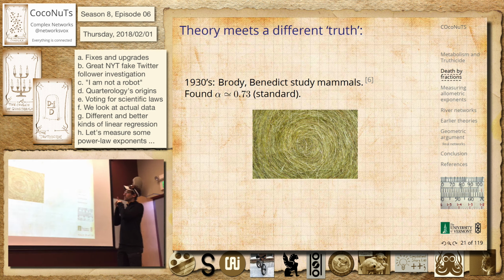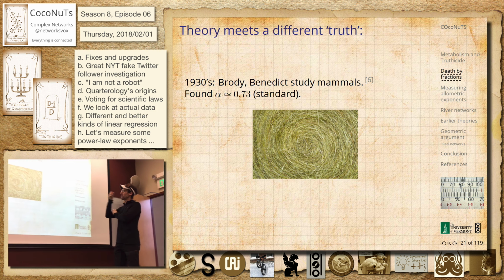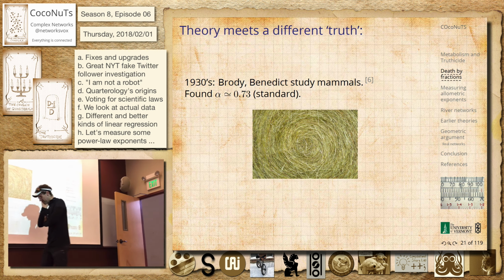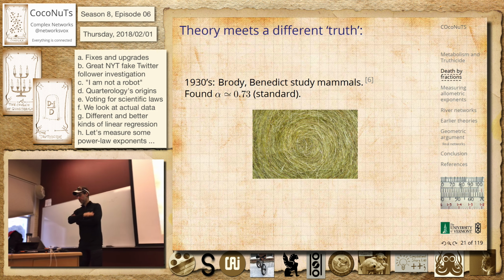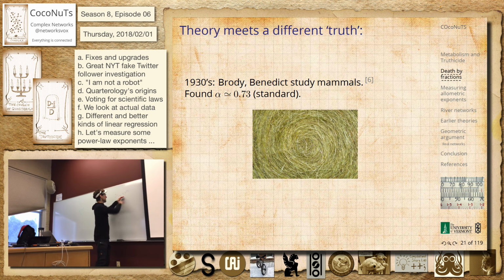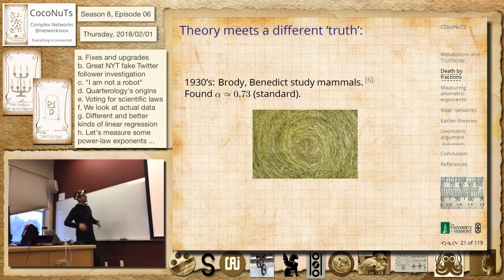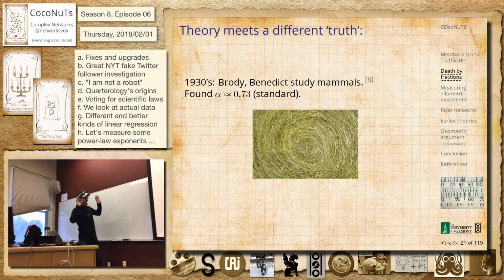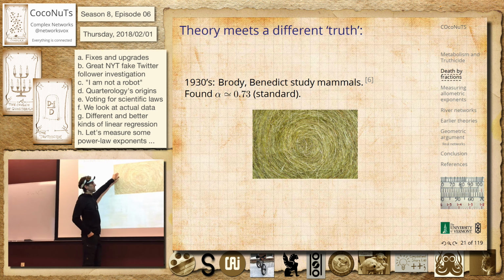And they found a bit of a variation. So this is work by Brody, which is often pointed back to Benedict, as well as a different paper, where they find a higher exponent, it's 0.73. So it seems like organisms are running a bit hotter than you would think. What you need to keep this biological machine going seems to scale a little bit faster than what you need to just keep it balancing radiated heat.